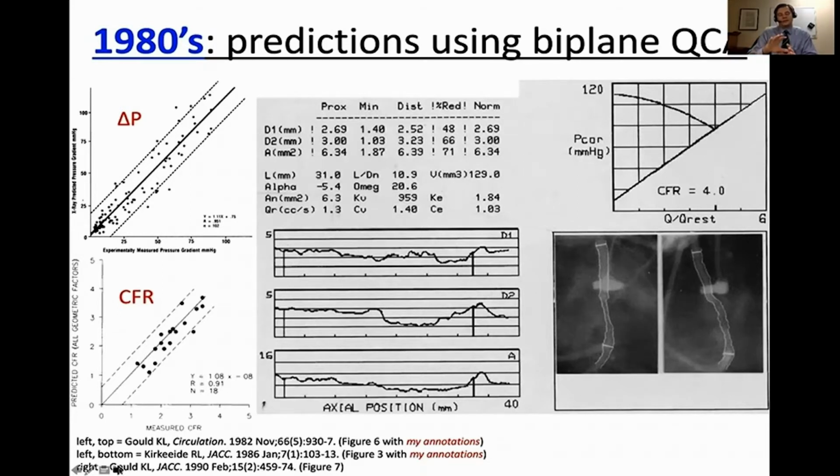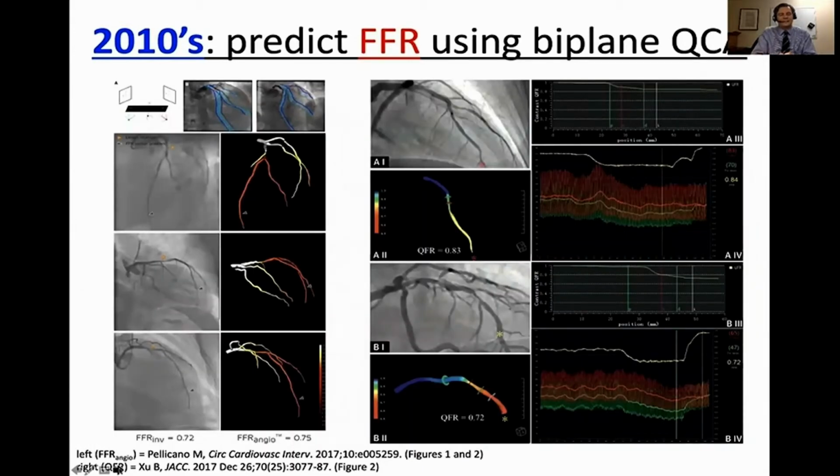Ultimately, the reason this peaked in the 80s and then dropped off in the 1990s is that in the late 80s and early 90s, people began to develop intracoronary sensors that could actually measure what the pressure loss was, what the Doppler flow velocity was in the blood vessels. And so while it had only been feasible in animal models in the mid to late 70s, and then only through simulation work in humans in the 1980s, eventually people could make these measurements directly. And so the necessity of predicting these fell by the wayside. And that's why we see several decades of dormancy before it revitalized itself in the 2010s with tools like QFR